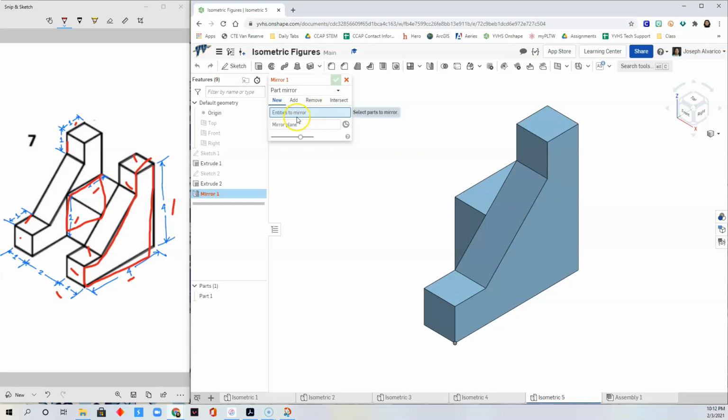Okay, so I click on this part that says entities to mirror. And then I select the word part 1 here. Or I could do that also by selecting this part. Okay, so that part 1 is now selected. I'm going to click on mirror plane, select mirror plane. I'm going to